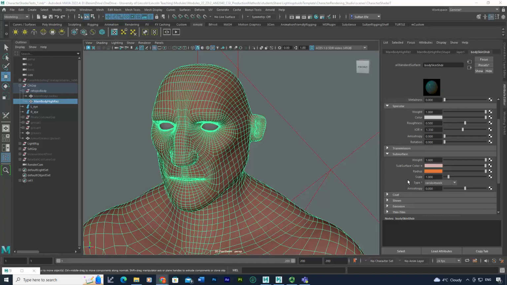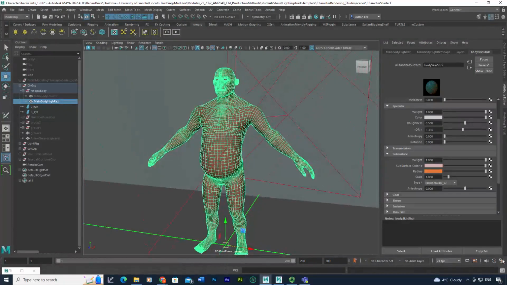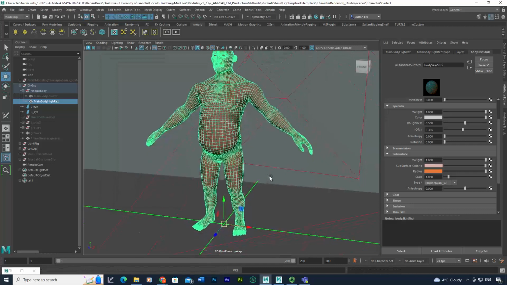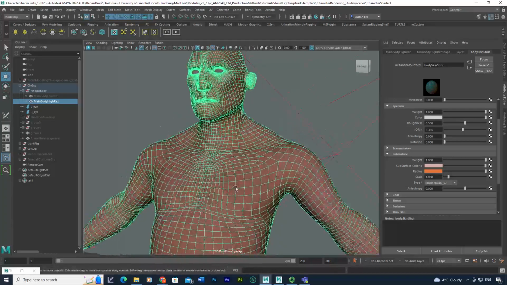And GPU in Arnold likes to work on the algorithm based on what is called random walk 2, and then this character is set to real scale, so it's 180 centimeters. What I've done, I've changed the settings in here to meters later on, once I've measured the character. The reason why I set to meters, I wanted to actually work with real life measurements, and then I can actually work with the scale values of the subsurface scattering. In other words, control